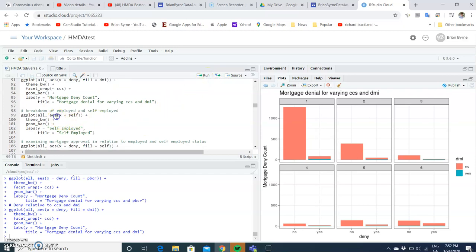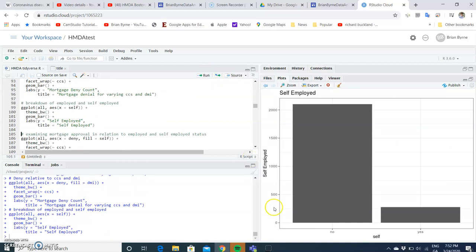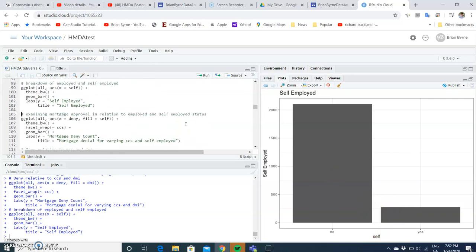We now look at self-employed, and so on the x-axis we have self-employed or not, and then on the y-axis we have the numbers involved. So the vast bulk of people are not self-employed, and maybe a bit over 10% are self-employed. And we can do the same again, except in this instance now